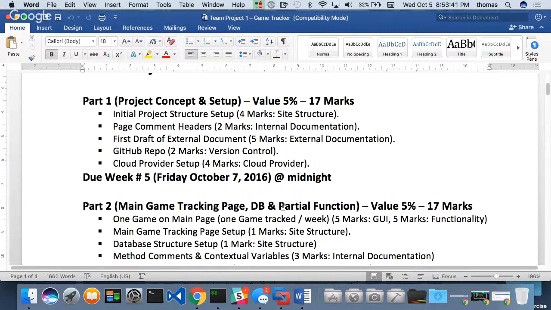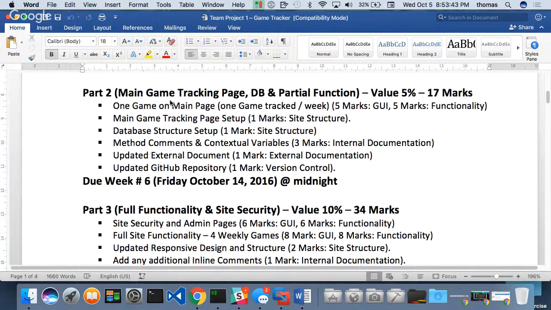Okay, next week, what do I need? So this is part 2, worth another 5%. I'm not going to do another lab like this next week. This is just this week to get you guys going. Next week is going to be a work session the whole week, right? But what am I doing? And now remember, next week is also week 6, which means part of that work session is going to be a little bit of a review about what we're going to be talking about on the exam, which is the following week, right?